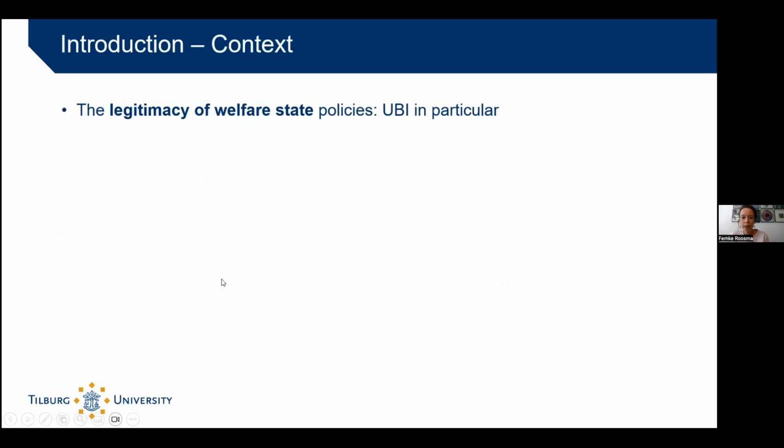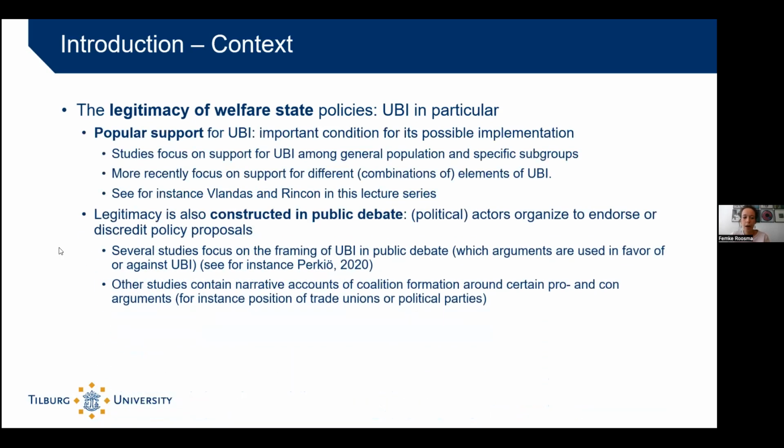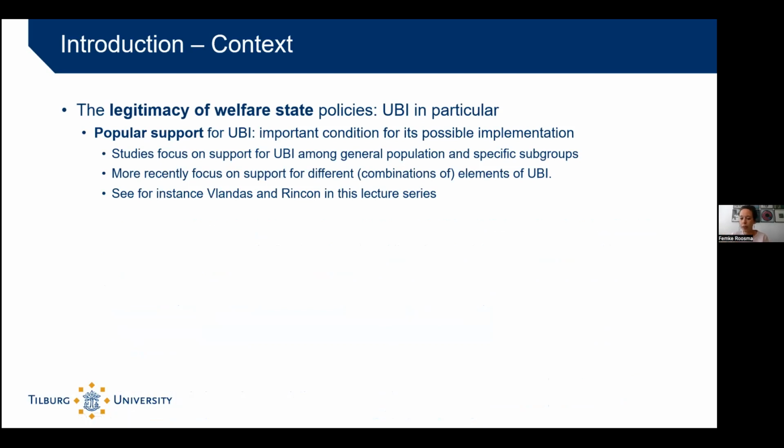To give it a little bit of context, I think this article can be placed in a series of articles on the legitimacy of welfare state policies, and in particular UBI policies, or policy proposals, I must say. I think there are two strains of literature in this type of research. First, studies that focus on popular support for UBI, which are of course important because they look at the conditions for possible implementation of UBI. On the one hand, studies look at support for UBI in general, among the general population and among subgroups within the population. But more recently, we also see more articles focusing on support for different elements of UBI. So, for instance, do people support its unconditionality or its redistributive aims,